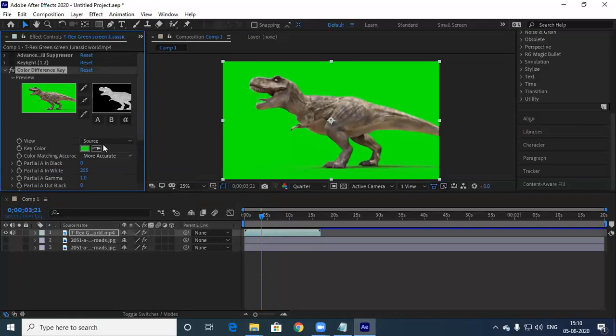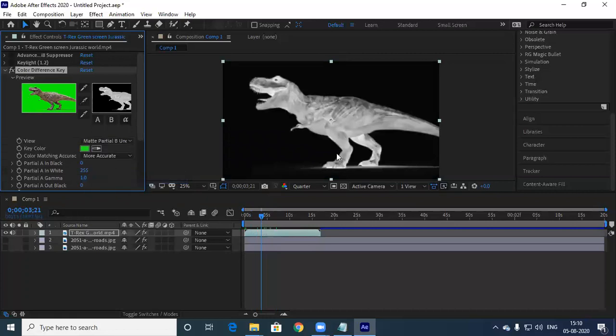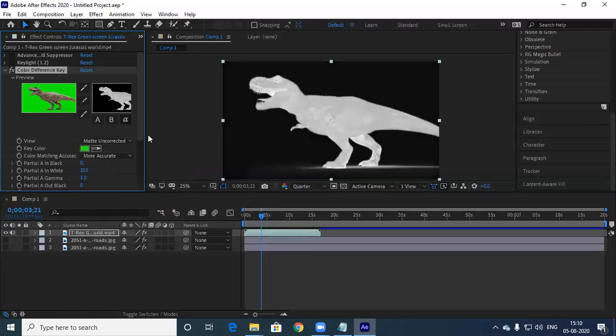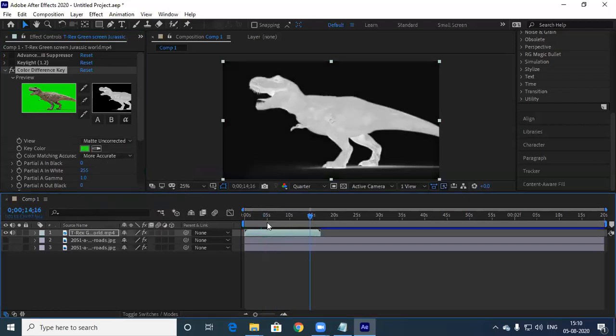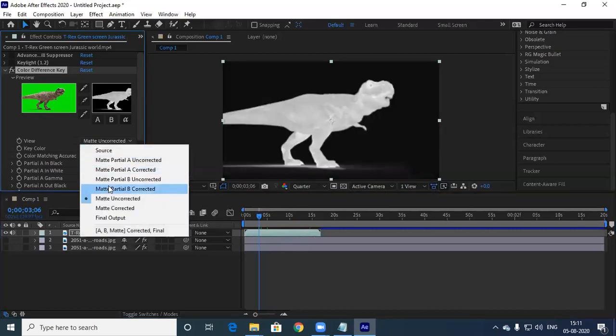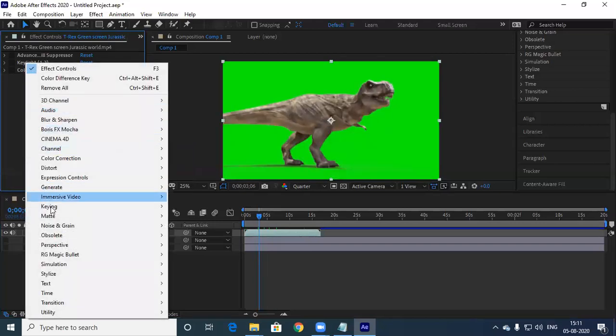See, this is a source, A uncorrected and corrected, B, this is another effect. So you can try this. Color difference looks good.